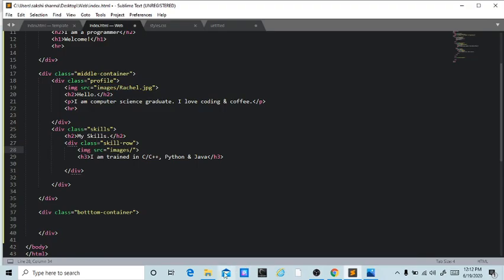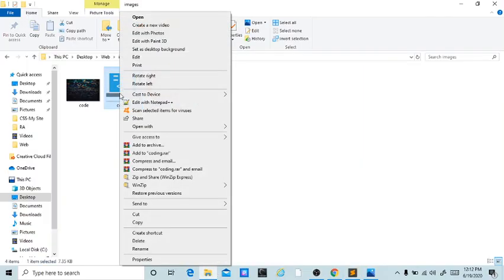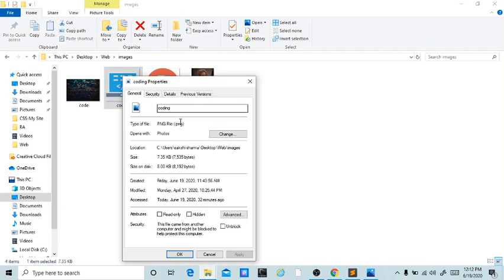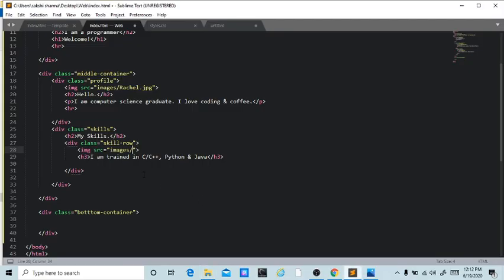Be careful about your choice of images. It should be relevant with your content, and don't forget to check whether it is .jpg or .png. Extension is very important, otherwise your image will not be displayed on your website. So coding.png, sorry,